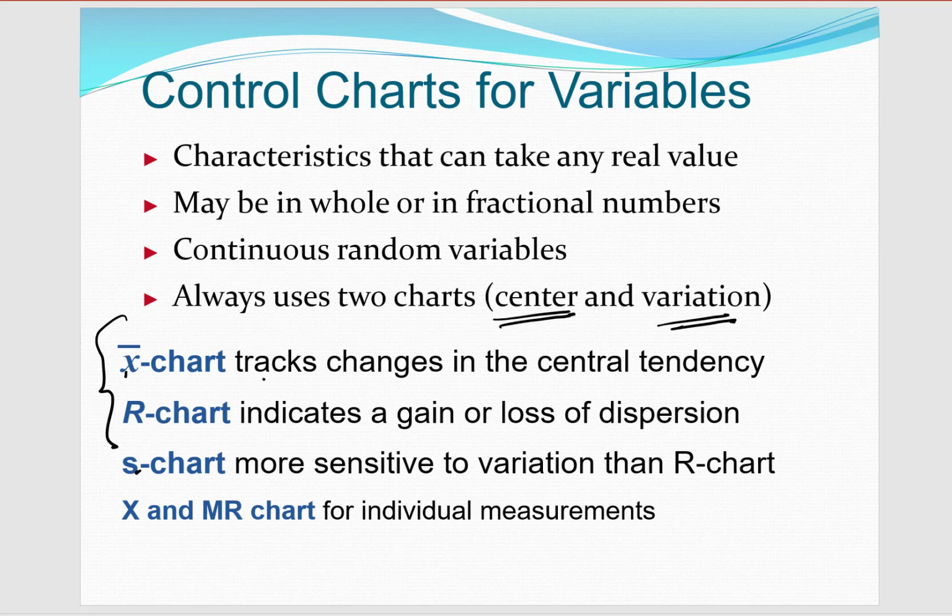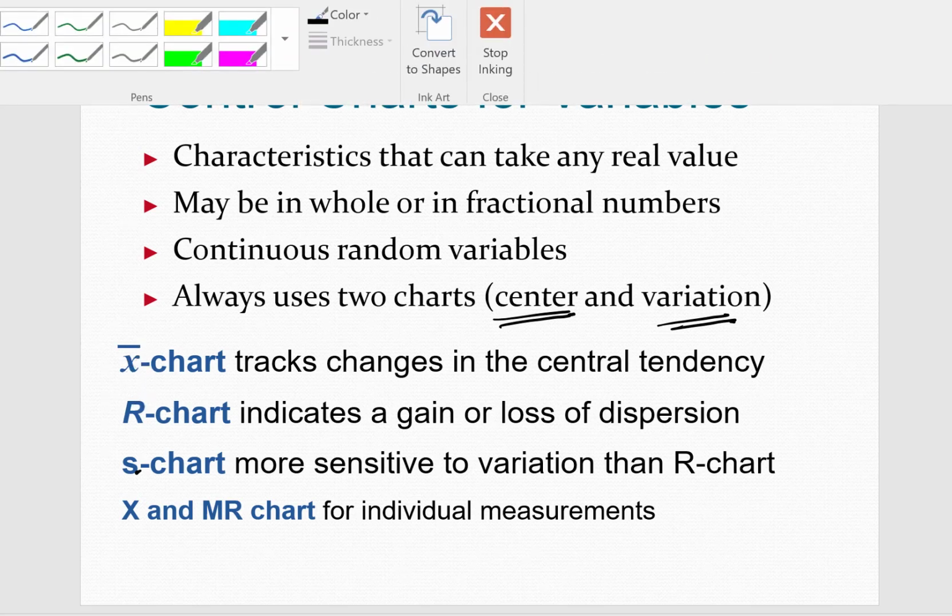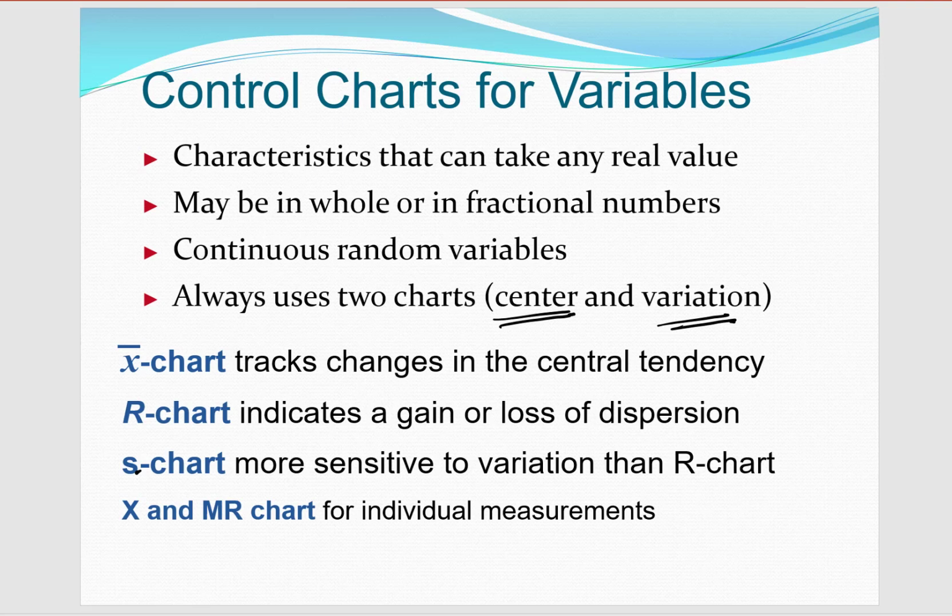So X bar chart tracks the changes in central tendency of the distribution, the center of the distribution, or the mean. R chart indicates a gain or loss of dispersion, and it essentially tracks variation, but it's a very simple form of control charts because it tracks the range, or the maximum minus the minimum